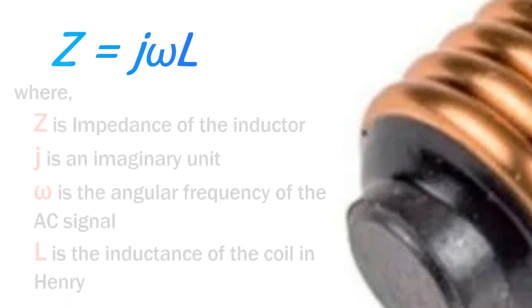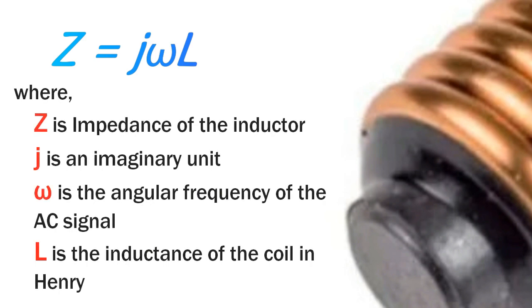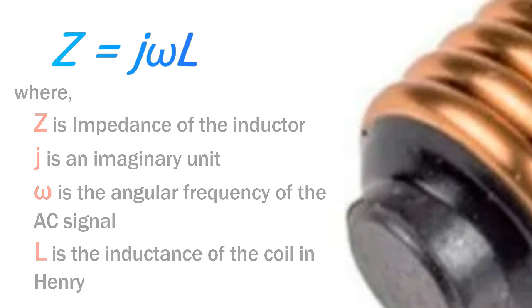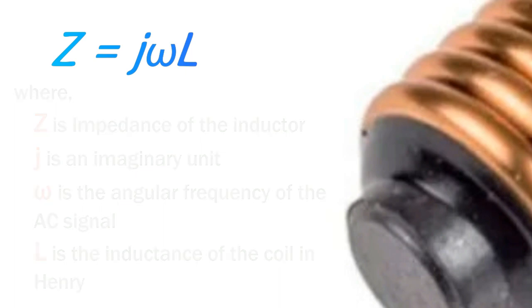Impedance of an inductor. Impedance of an inductor is a measure of the resistance offered to the alternating current, AC, passing through a circuit. In simple words, impedance can be referred to as the opposition to the current passing in a circuit. Usually, it is denoted by Z. The standard unit of measure is the ohm. The formula for an inductor's impedance is